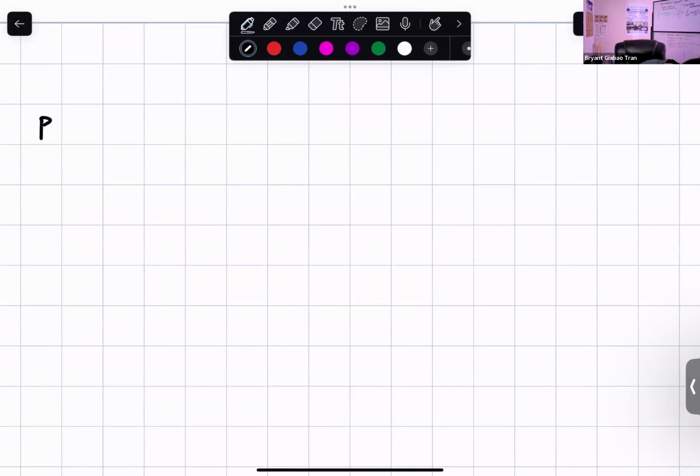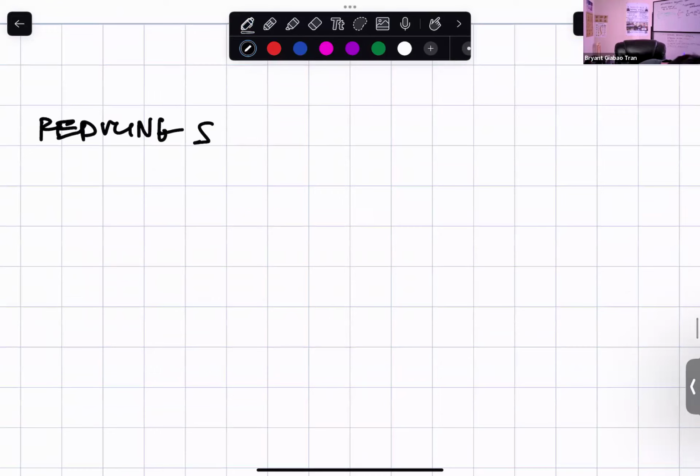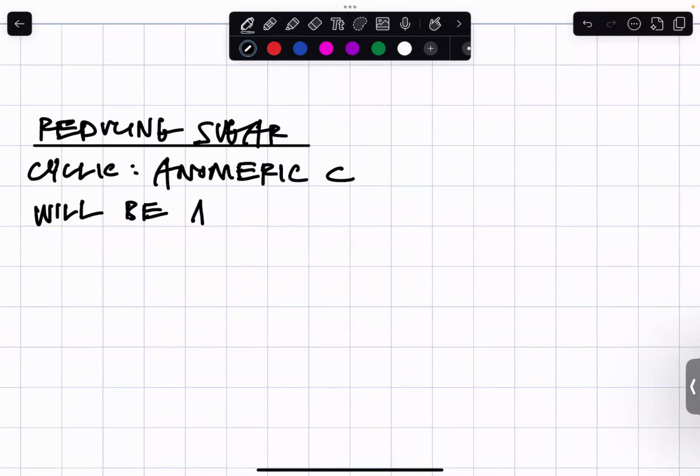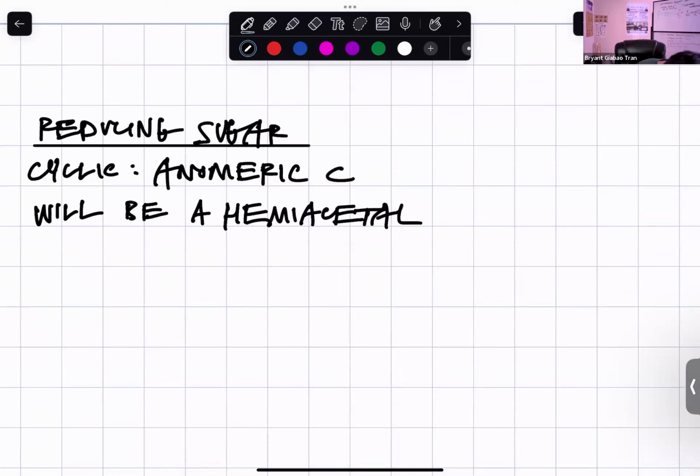A reducing sugar is going to be, let's say, the cyclic version of the sugar. The anomeric carbon will be a hemiacetal. Right? So let's say we have this sugar here,